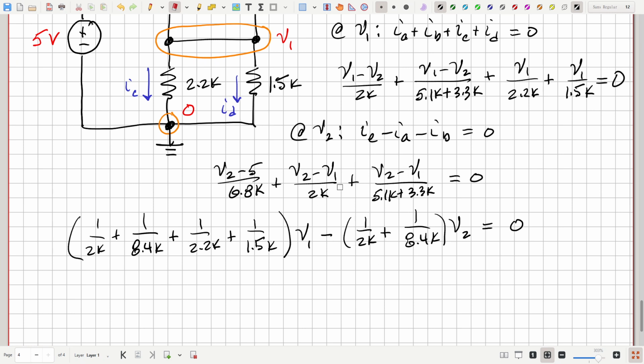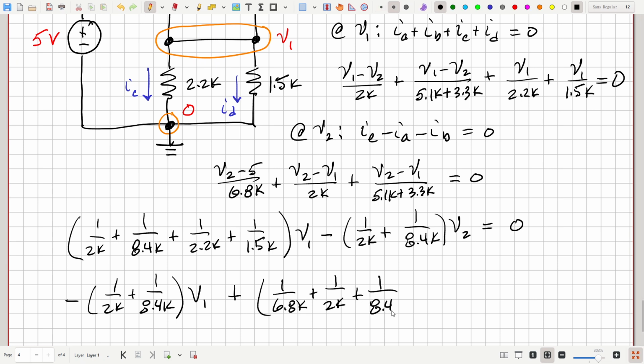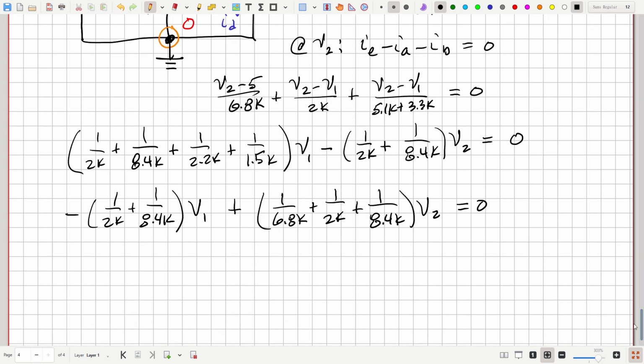Minus 1 over 2k minus 1 over 8.4k. So minus 1 over 2k plus 1 over 8.4k times V1 plus, and for V2, let's see, we've got 1 over 6.8k, 1 over 2k, and then 1 over 5.1 plus 3.3, or 1 over 8.4k, and that's times V2, and that's equal to 0. So those are our two equations